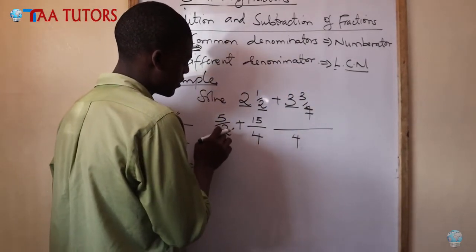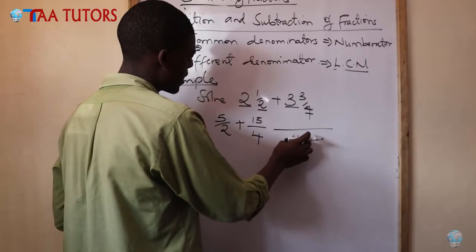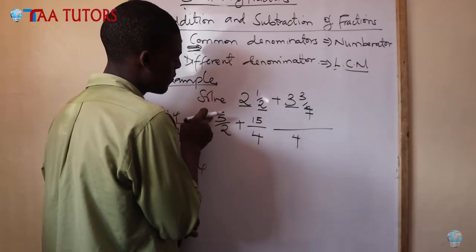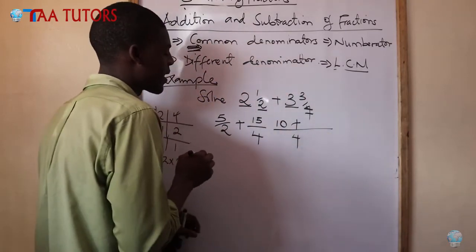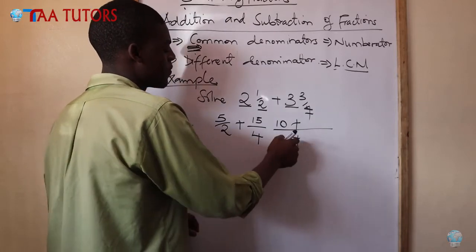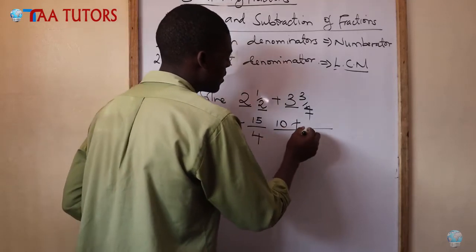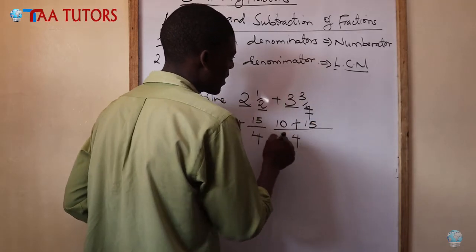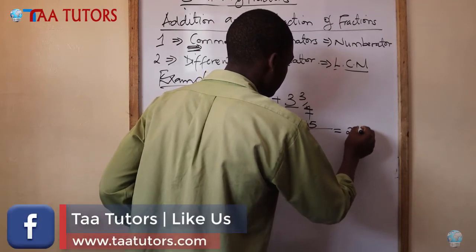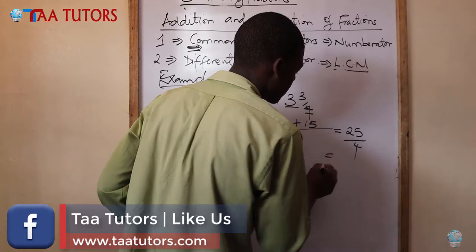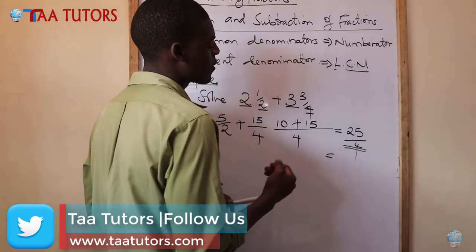2 into 4, 2 times. 2 times 5 will be 10. Then that one we add. 4 into 4, once, 1 times 15, that is 15. So we'll have 10 plus 15 over 4. 10 plus 15 will be 25 over 4. 25 over 4, this one is an improper fraction, and it is always recommended that when you have an